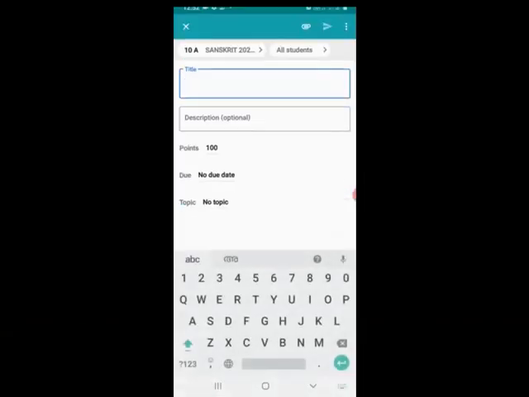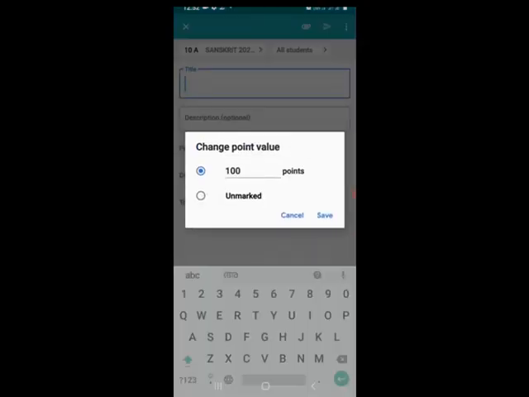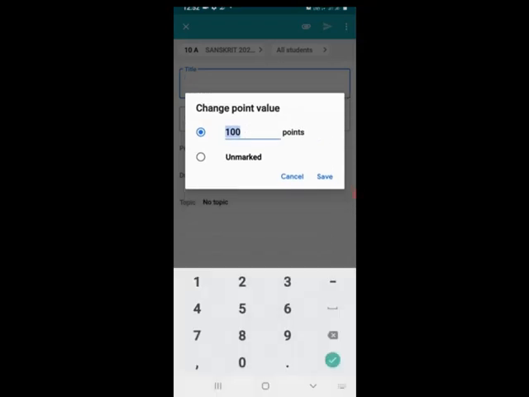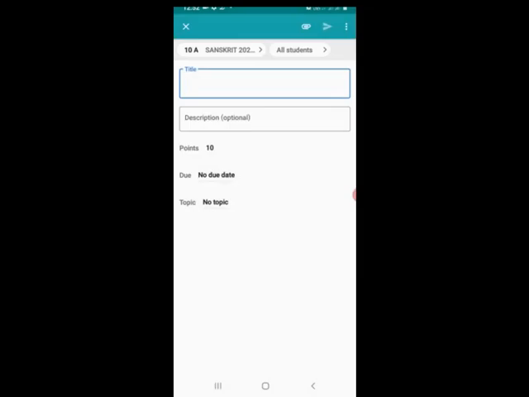Type: Hey children, upload your notebook, and the chapter name. Here you type a chapter name and one message. Also type upload your notes, and you can make it 10 points or whatever. If it is not to be graded, you can choose ungraded or unmarked. Otherwise, I always give 10 marks for the notebook.